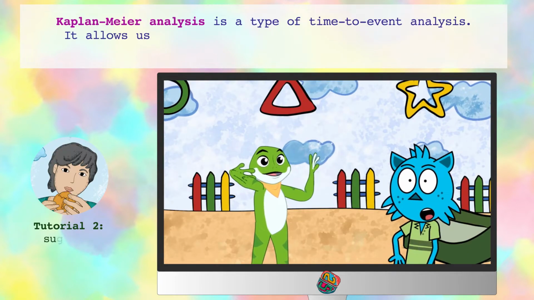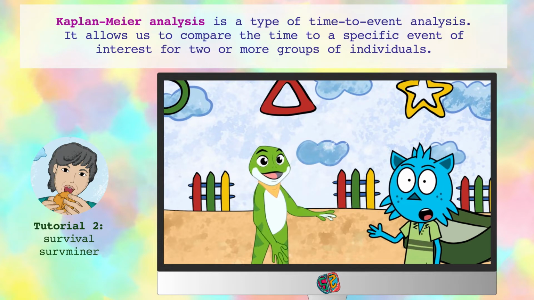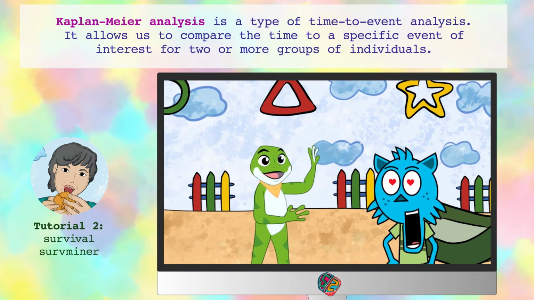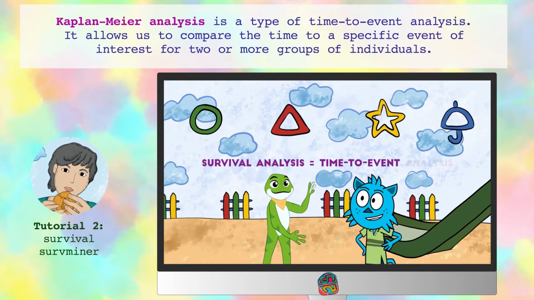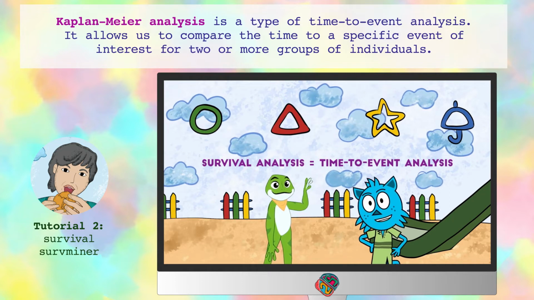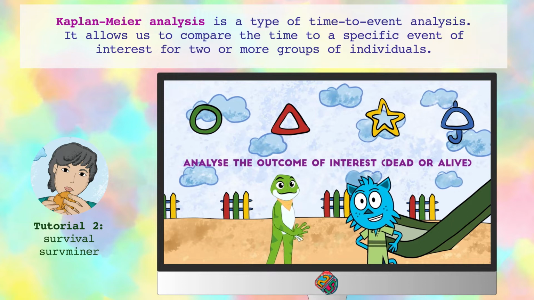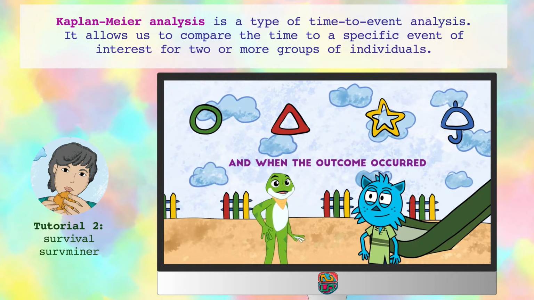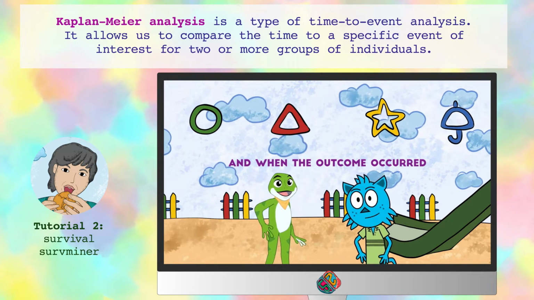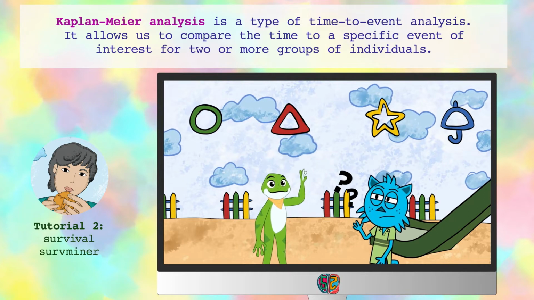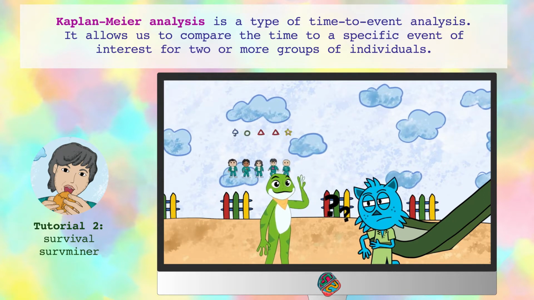Why don't we use data science to predict the results? Isn't there something called survival analysis? Do you mean time to event analysis, Zippy? We can use this method to find out the time for a group of individuals to experience an event of interest. That sounds about right, Teddy Bear. There are 4 shapes, and so there can be 4 groups of players.